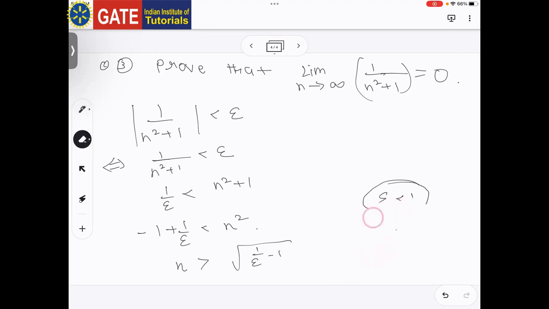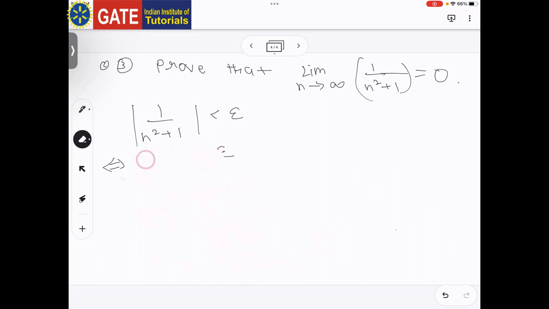So what you have to do is, sir, epsilon is a small number. It is always less than 1, no? Yes, that is true, but